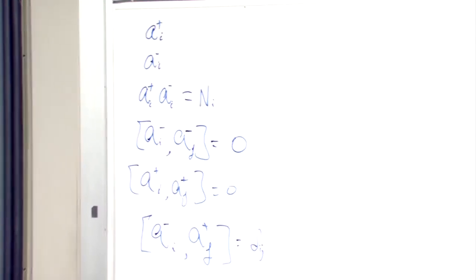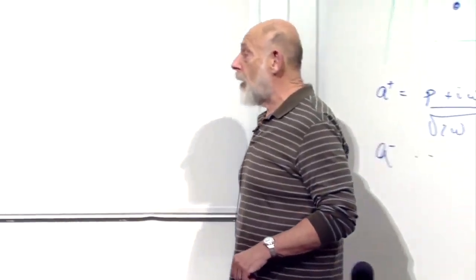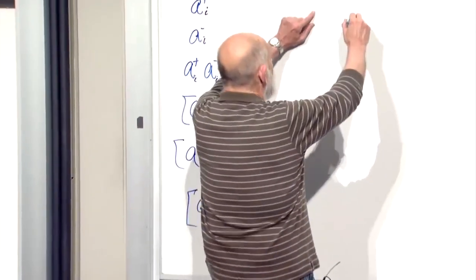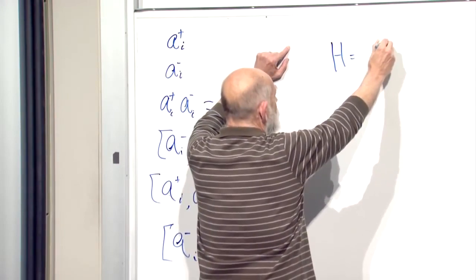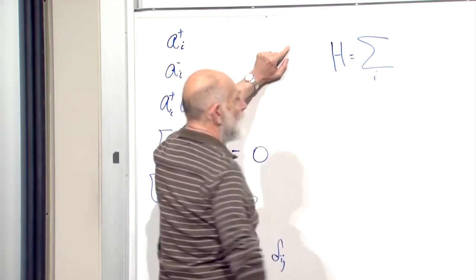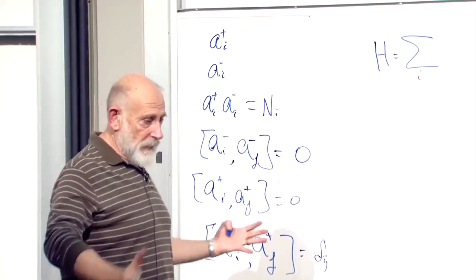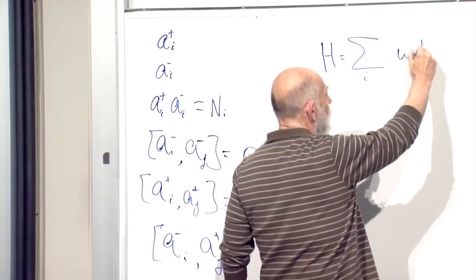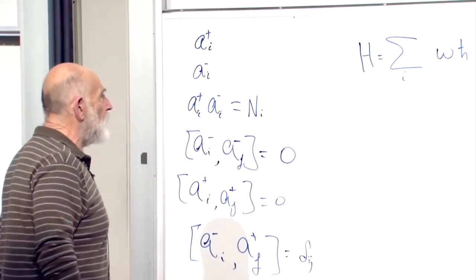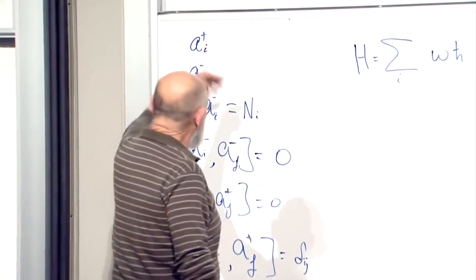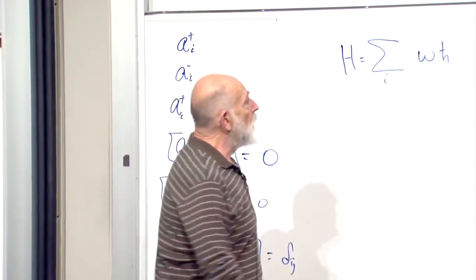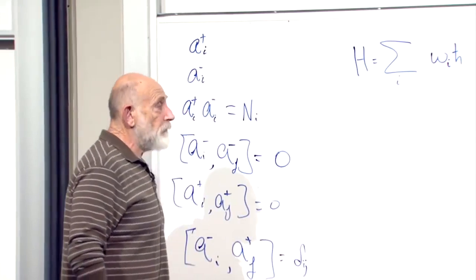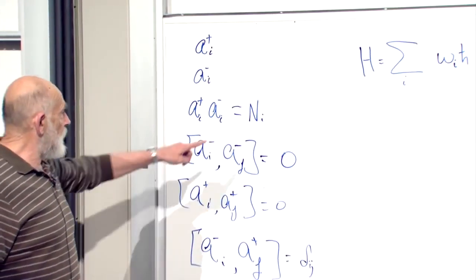And one more thing, what's the total energy? The total energy is just the sum of the energy of all the oscillators. So let's write that. The total energy, which we can take to be the Hamiltonian, is the sum over all i, all the oscillators, the first oscillator, the second oscillator, of omega. I'll include the h bar for the moment. I'll probably forget about it before the night is over. Omega, but which omega? Each oscillator may have a different frequency. So the contribution of the ith oscillator is proportional to the frequency of the ith oscillator times n sub i.